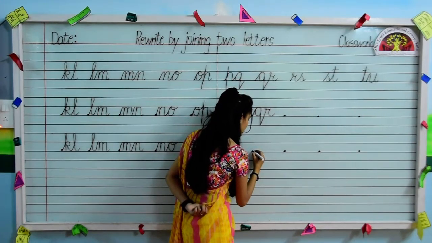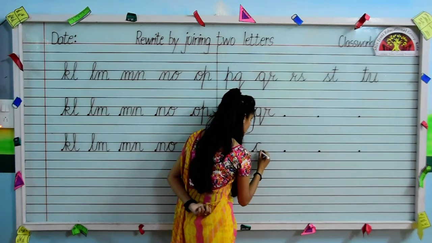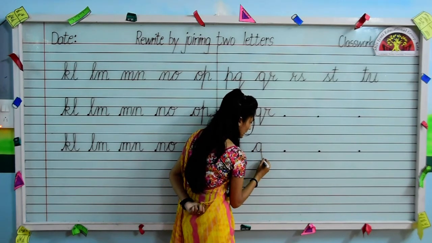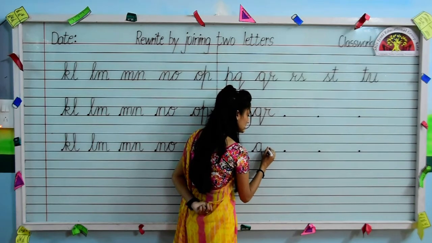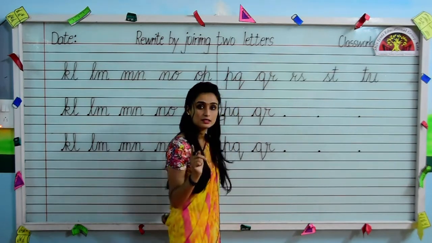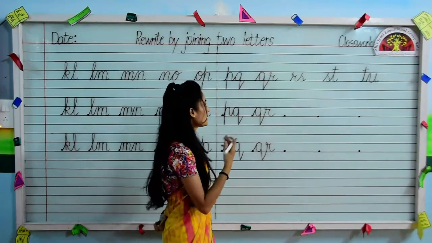Let's see once again. Slanting line, make a curve, come down straight, touch the fourth line. Make a slanting line. From the end point of letter Q, we will start making letter R. Go up, make a loop, go out and a small curve. This way you have to write your letter Q and R together. Come on the next one.